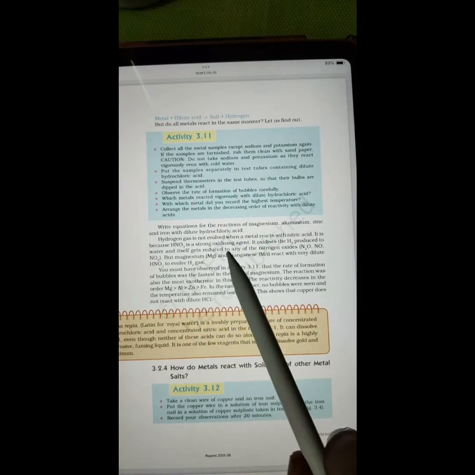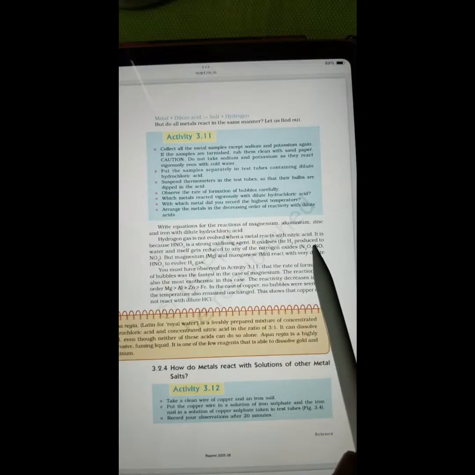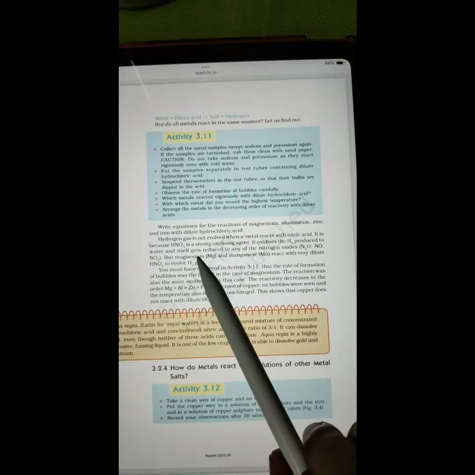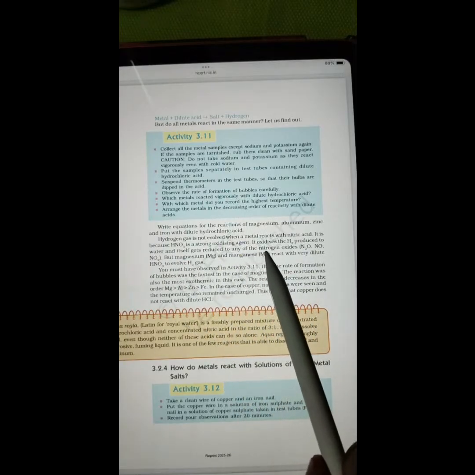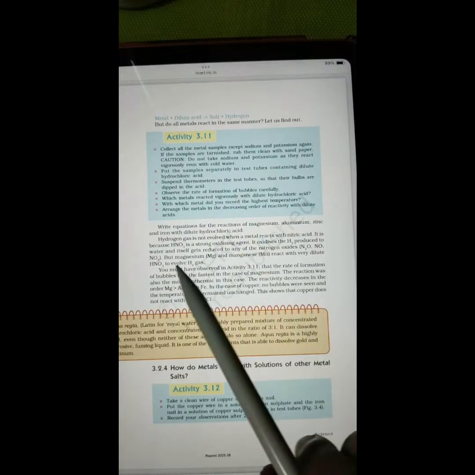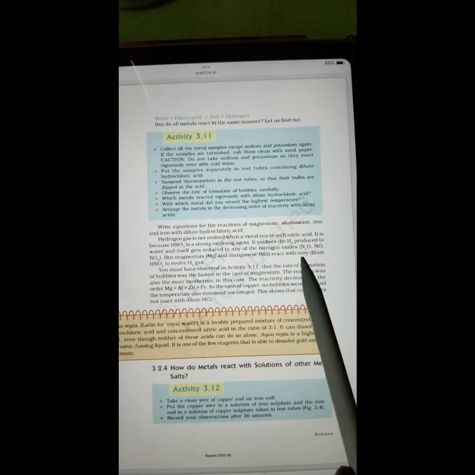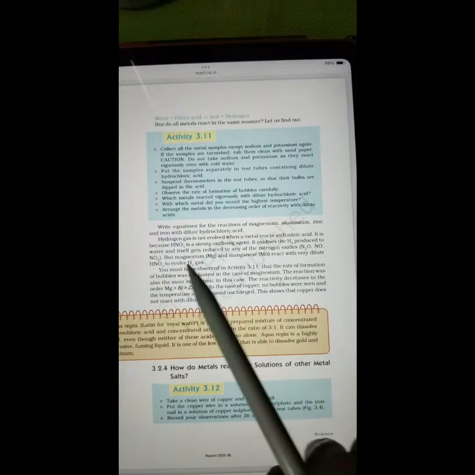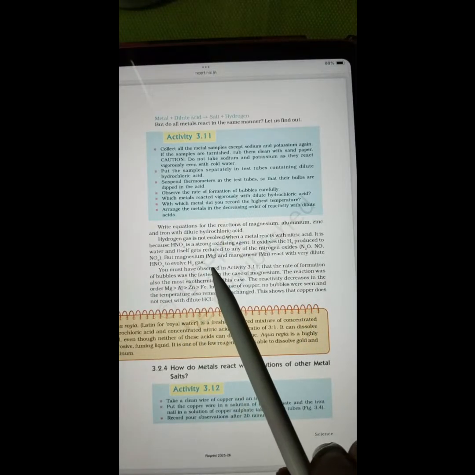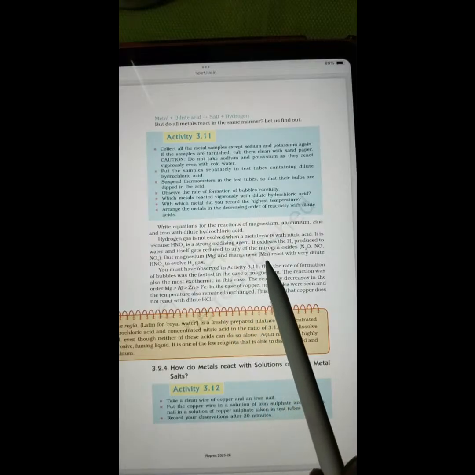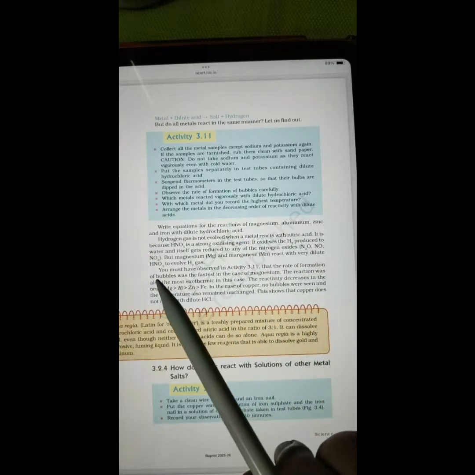Hydrogen gas is not evolved when the metal reacts with nitric acid. It is because HNO3 is a strong oxidizing agent. It oxidizes the H2 produced to water and itself gets reduced to any of the nitrogen oxides, which could be N2O, NO, or NO2. But magnesium, Mg, and manganese, Mn, react with very dilute HNO3 to